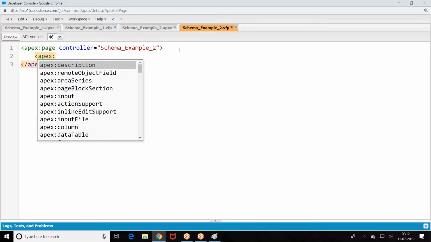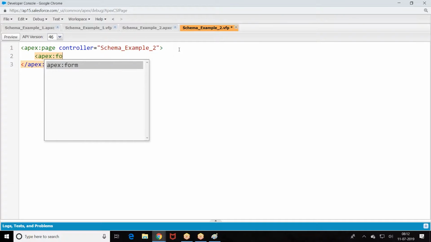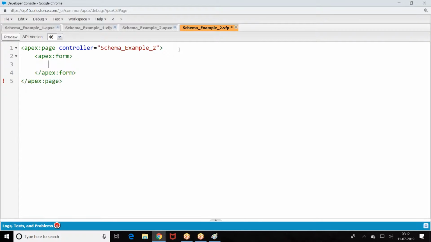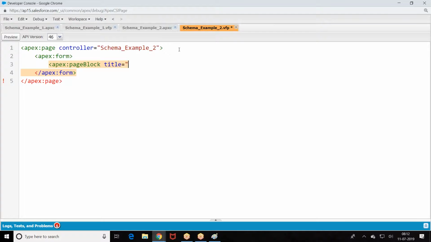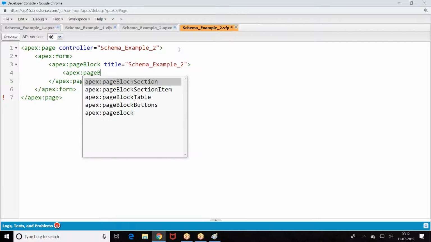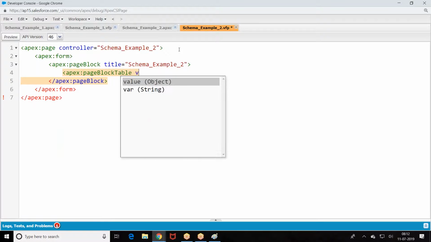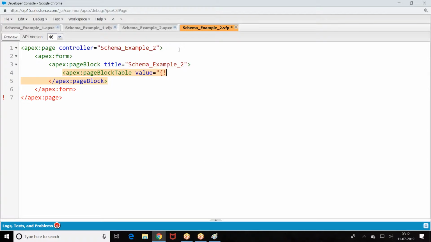Apex. Then we are going to get objectResult equal to A.